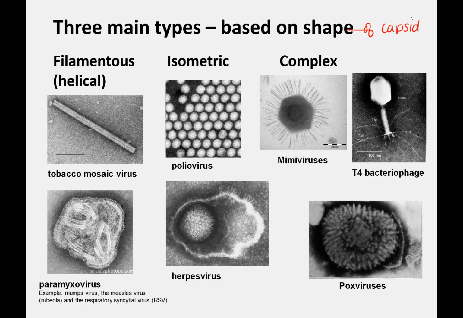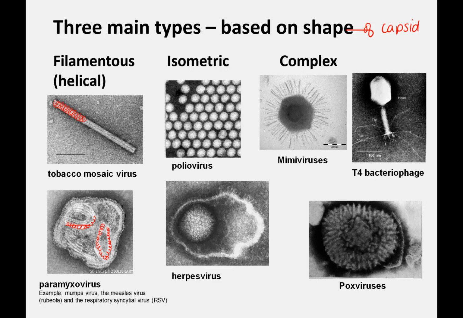So the two most common types are filamentous, which is also called helical, and we'll look at this. It's really a capsid that kind of looks like a slinky. And here's an example of probably measles, I don't remember, but you can kind of see the outline of the genetic information, the capsid, in the genetic information as these helical filamentous capsids. The next type is isometric,